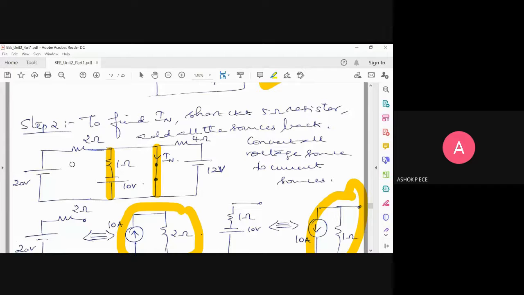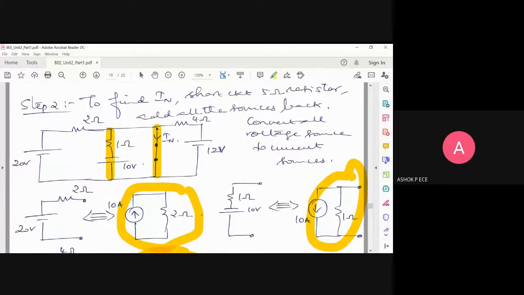As your friend said, you have three loops. You can very well apply KVL and solve and find the value of IN. But what I suggest is, since it's a complete short circuit path, if you can transform the circuit into a single voltage or current source, computing IN will be simple. So for that, you are going to find current. If you have a current source, it will be very, very easy for you. So what I'm doing is converting all these three voltage sources into current sources. Is that clear to you?